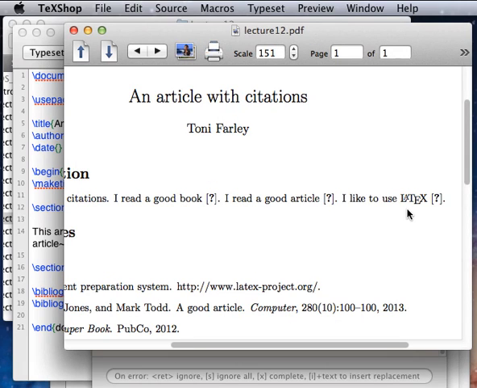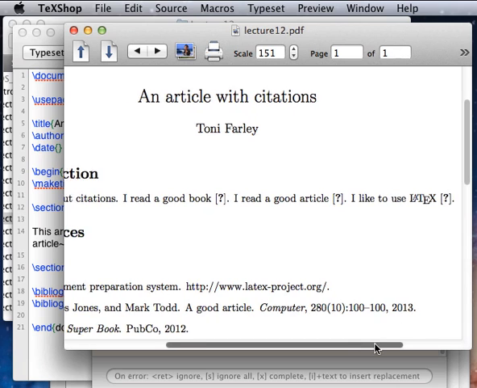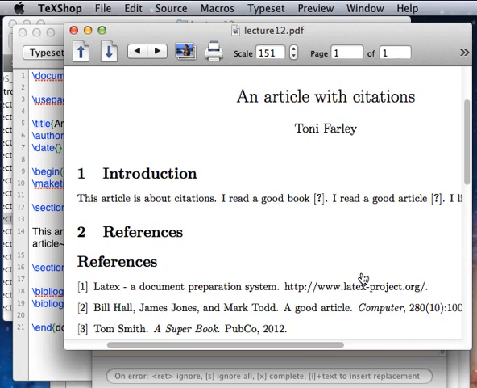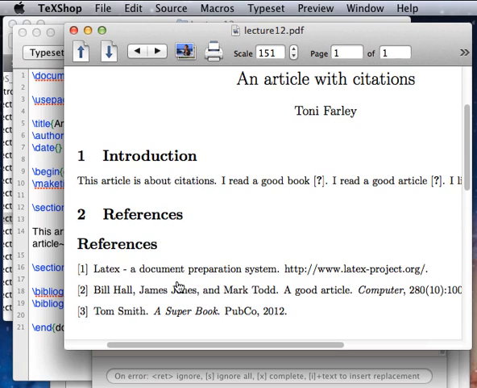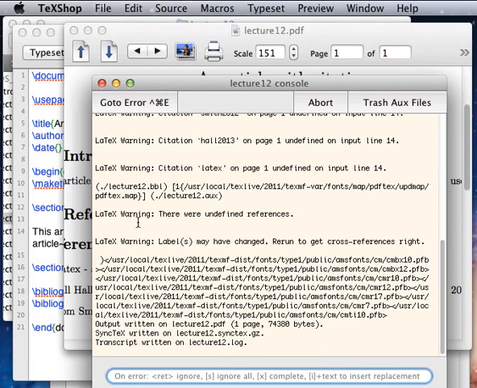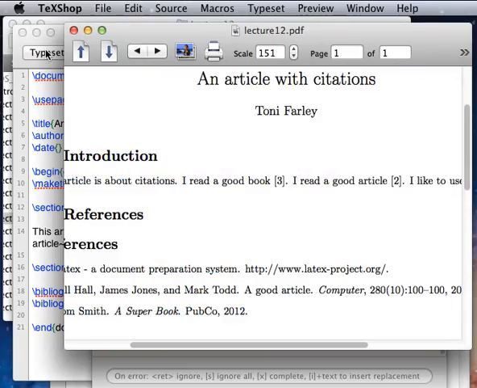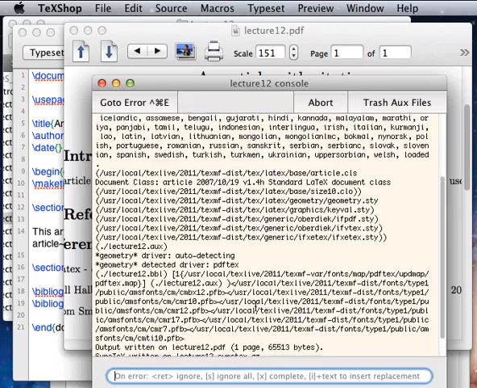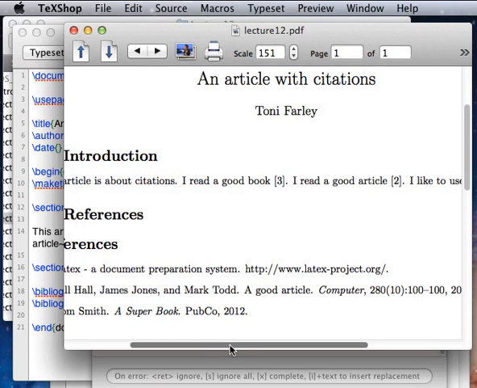And again, I see that I still have question marks here for the references. However, I also see that each of my references is now included in alphabetical order, of course with LaTeX at the top because I didn't have an author here. But I'm still missing the actual citation. So if I go look at my console, I see the LaTeX warning labels may have changed to rerun, as we've seen before. So I'll typeset LaTeX again, go back to my console, the warnings are gone,